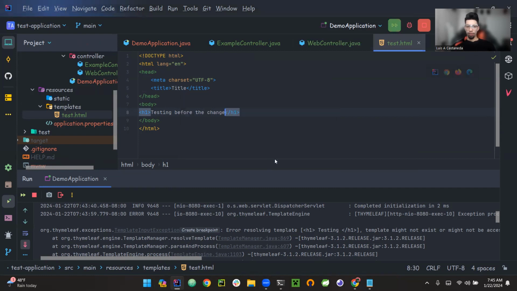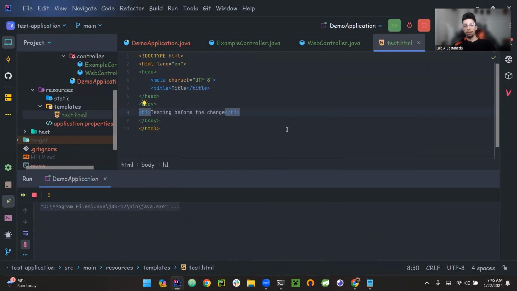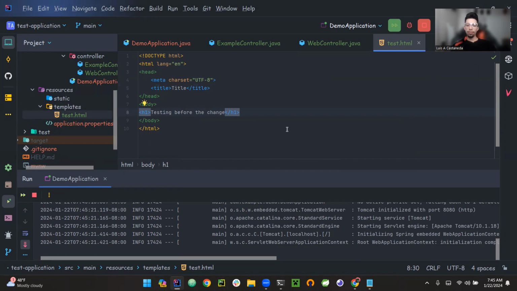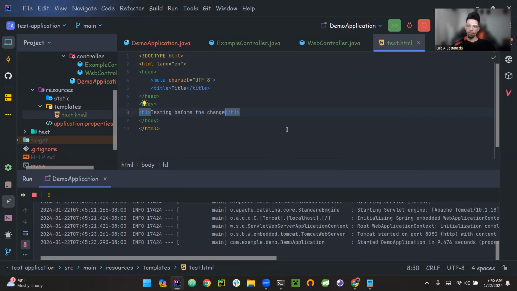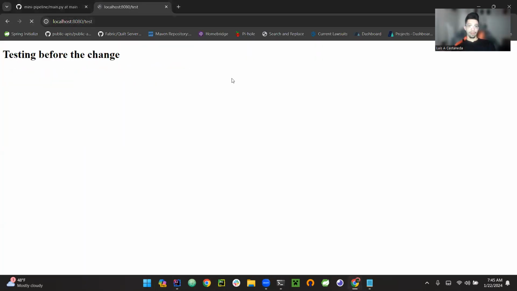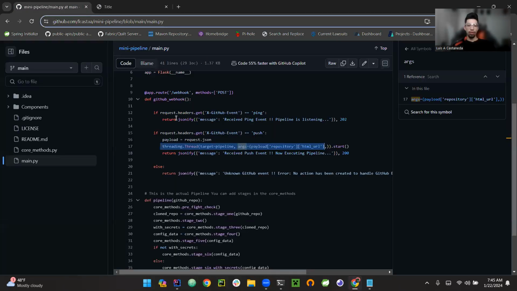Let's go ahead and just rerun this to see if it actually worked. Making a tutorial for such a simple pipeline will involve so many things, but this will serve as practice for you to actually see if there are any problems that arise, and how you can debug them yourself. Okay, start it up. And this is the test before the change. Okay. So now that we have that running,